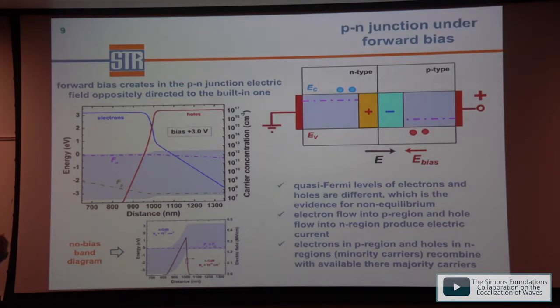What is also important, electrons come to the P side of the PN junction, and the concentration of electrons drops down because of recombination of electrons with the holes which are in great amount in the P side of the semiconductor. The same situation for holes. In this case, electrons and holes can be characterized by the